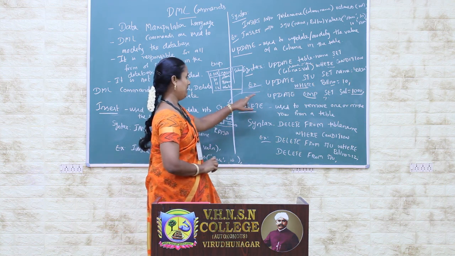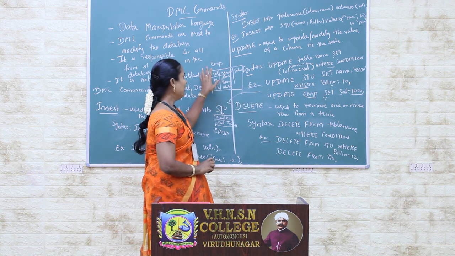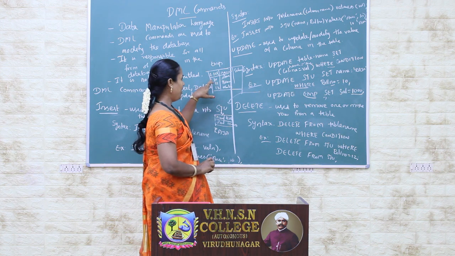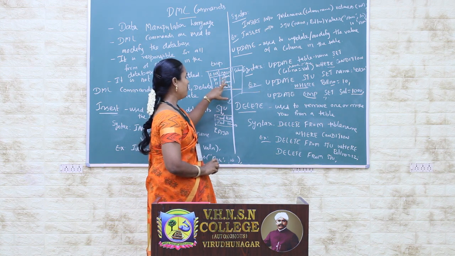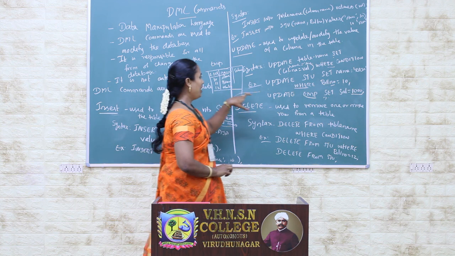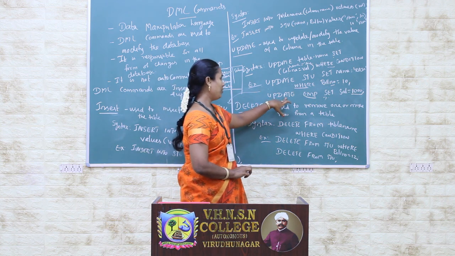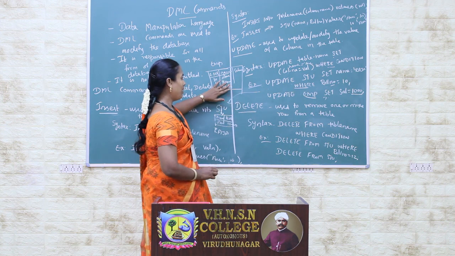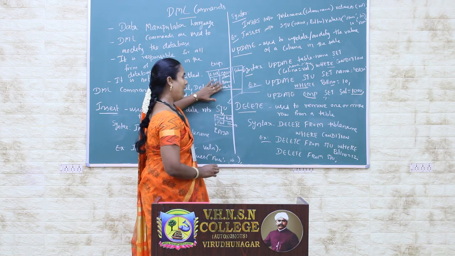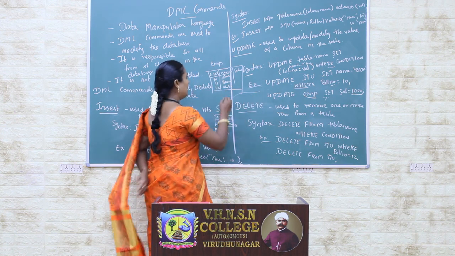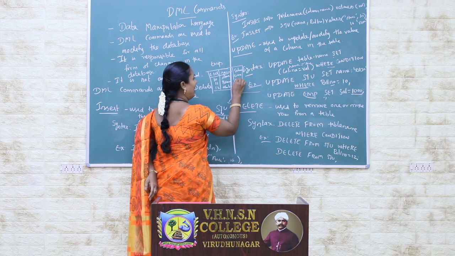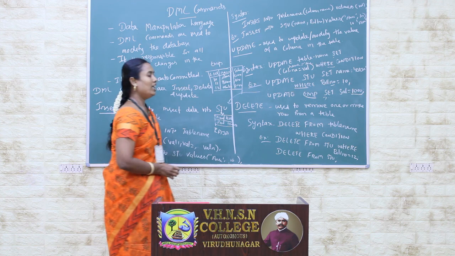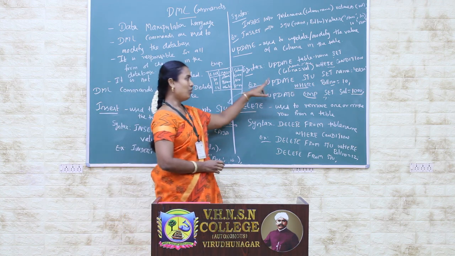Now you can see the example for this table. This is the EMP table. The table contains three records; the employee IDs are 10, 11, 13, and the names are Anu, Banu and Chitra. Before executing this update query the table looks like this. After executing this update query on this specific table, I update the salary field of all three records to 1000. This is the difference between these two update queries.